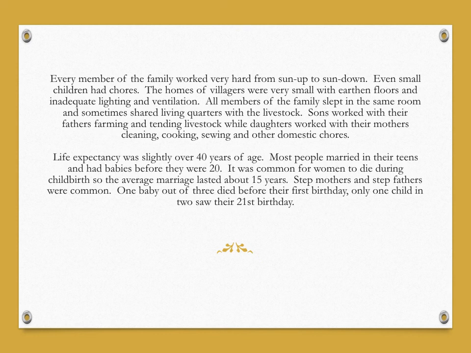Most people married in their teens and had babies before they were 20. It was common for women to die during childbirth, so the average marriage lasted about 15 years. Stepmothers and stepfathers were very common. One baby out of 3 died before their first birthday, and only one child in 2 saw their 21st birthday. So in your head, I hope you're thinking demographic transition model here,